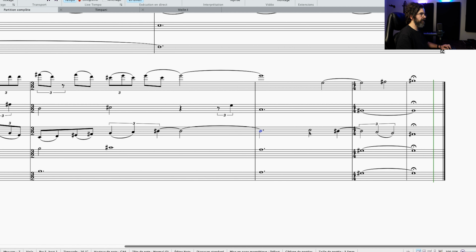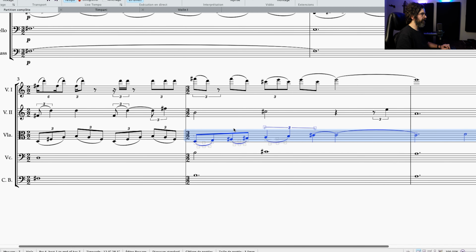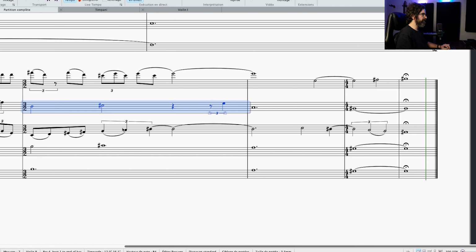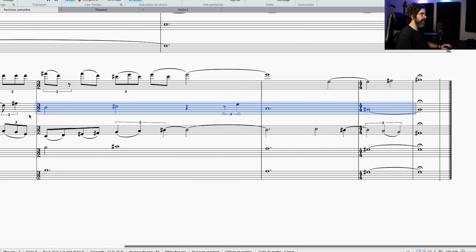And then this one is going up a little bit and then going down back onto the G sharp here. So it's a slight variation of this melody here, and this viola line right at the end is a superb example of heterophony. It's not quite the same thing, but we use some of the notes from here, and we stretch the melody a little bit to make things happen a little bit later on.